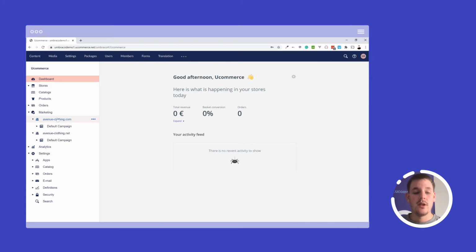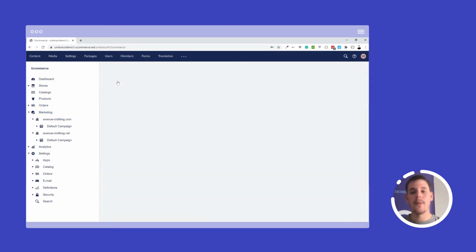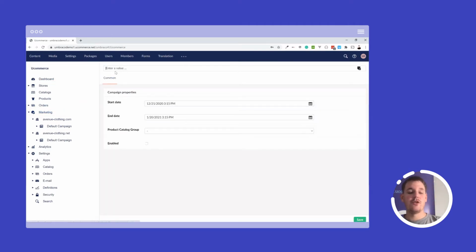Good. If you have some existing campaigns that you don't need, you can always just delete them by clicking on the node here and clicking delete. But let's try to set up one from scratch so you can see what the different things are you need to configure and how it impacts the system. So I'll click up here in the marketing node and click create campaign. And let's try to do some shipping campaigns so you can get a sense of a real life scenario that could be set up using this.